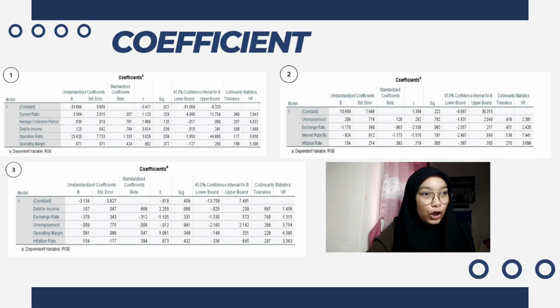So we move to the coefficient slide. This slide presents the coefficient analysis in three different models: internal, external, and both combined data. For the internal factor model, only two variables are statistically significant, which are current ratio with a p-value of 0.006 and operating ratio with 0.003. These values are below 0.05,